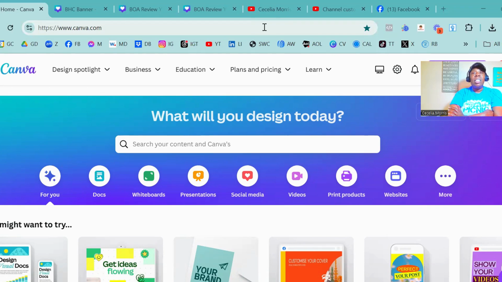And you can use this and create stunning photos, even if you never used Canva before and you have no clue what you're doing. And you can do this until you get to a point to where you're ready to